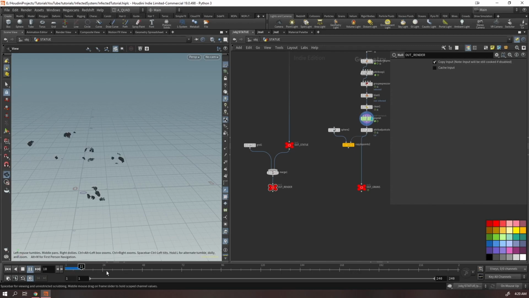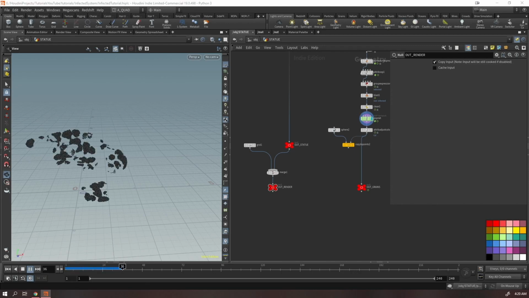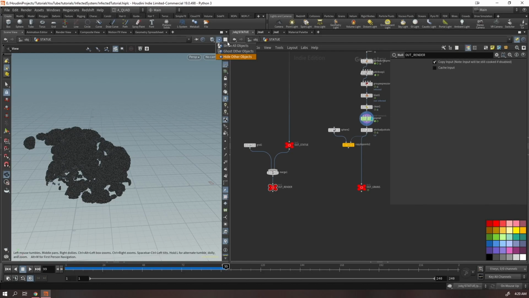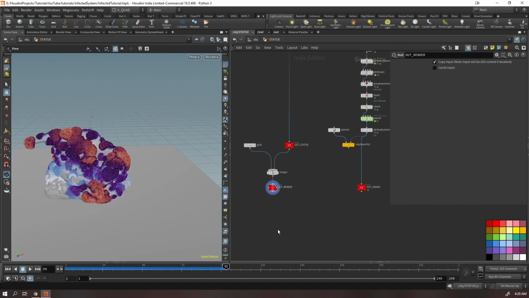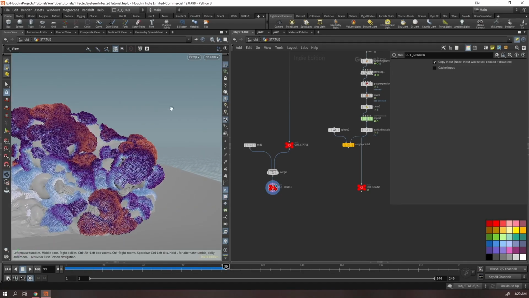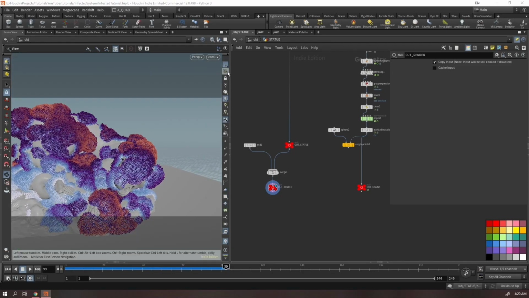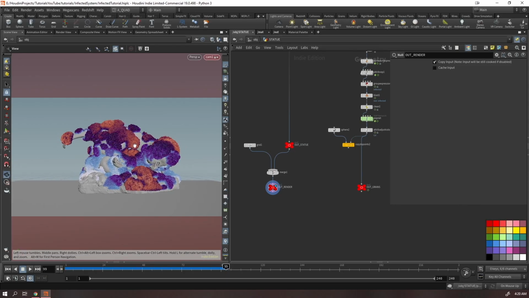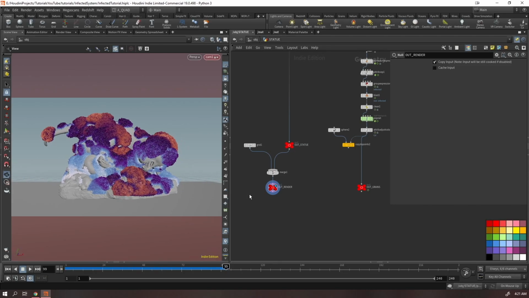So let's just simulate one more time and see what happens. I think somewhere around here is fine. Let's set this to show all objects. I'm gonna go to render. Very pretty, like it. I set a camera. Now, one thing that you can do is set a